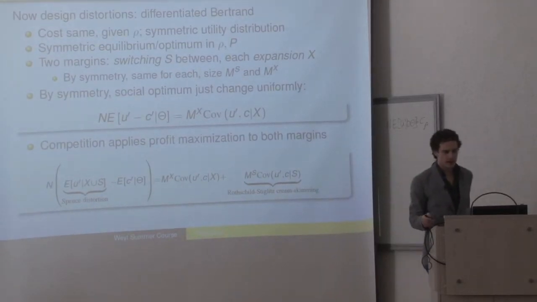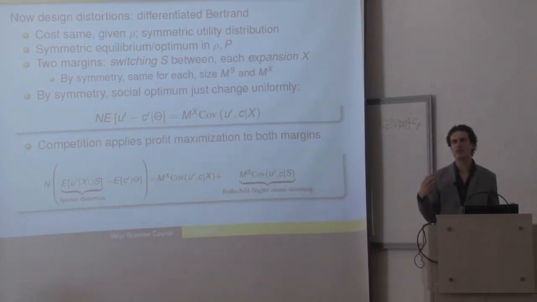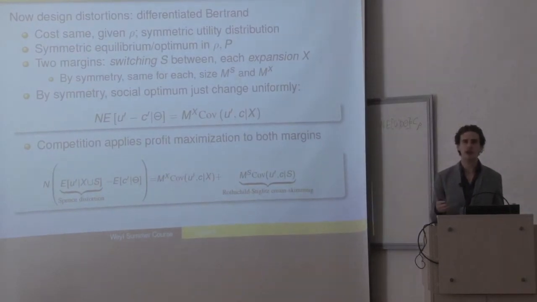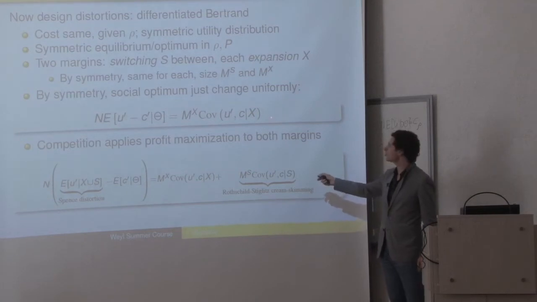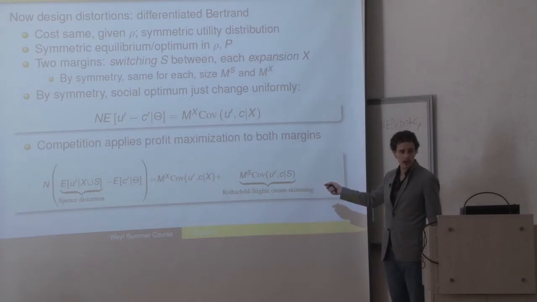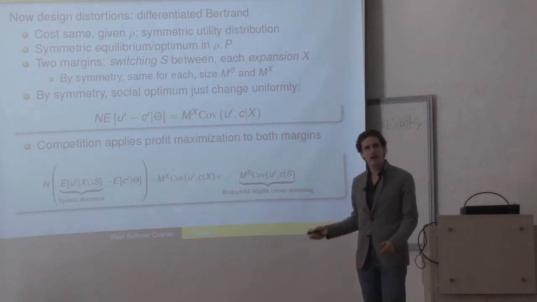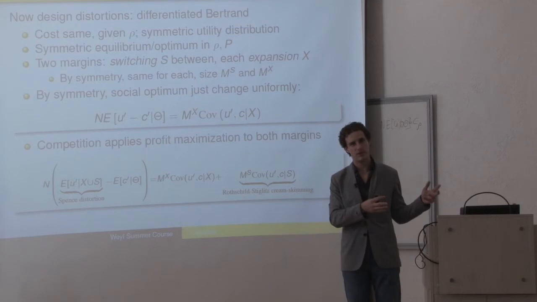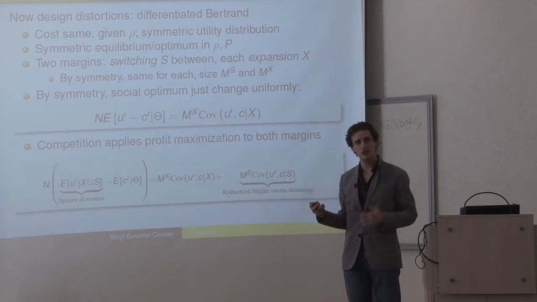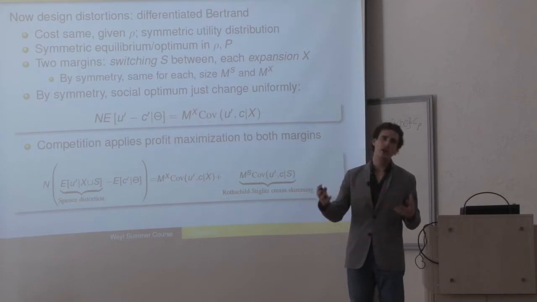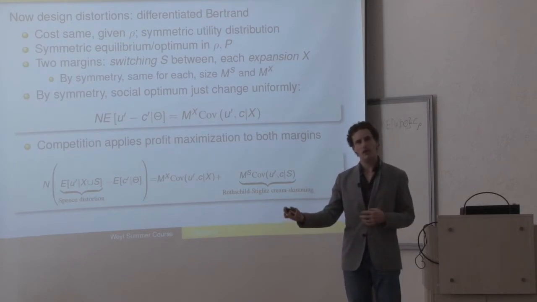What this says is that if the people who like the quality are the most costly people, you're going to lower the quality. If the people who like the quality are the least costly people, you're going to raise the quality along the switching margin. But that doesn't show up in the social planner's, in the government's optimal thing. Why is that? Because the government doesn't care that you get to steal all the best people from the other firm. But you do, right? And that's a distortion. You want to steal or cream skim all of the best customers,